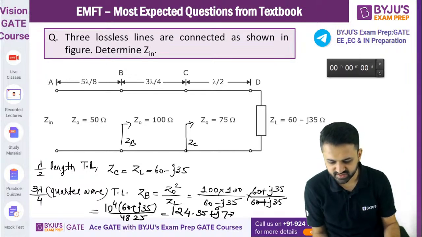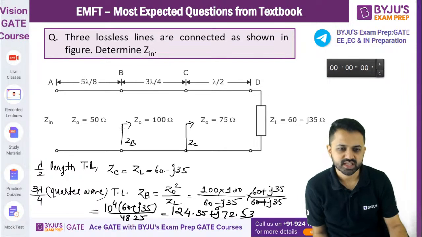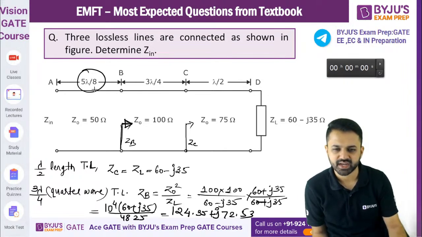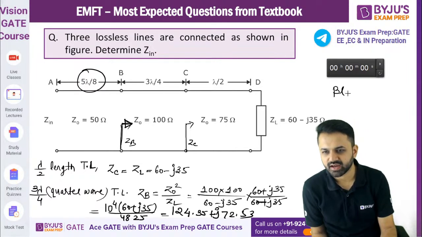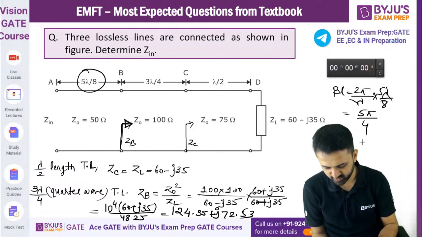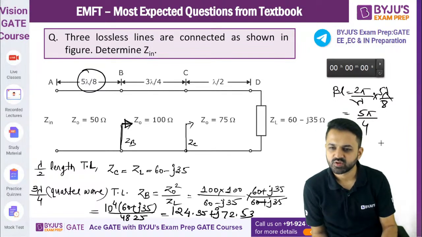ठीक है, 35 इंटू 10 पावर 4, सो J72.5, ये जो है इनपुट इम्पीडेंस एट B आ जाएगा। इसके बाद तो आप लैम्डा बाय 8 के लिए निकालोगे, तो बीटा L अगर हम निकालेंगे तो ये 2 पाई बाय लैम्डा इंटू 5 लैम्डा डिवाइडेड बाय 8, लैम्डा लैम्डा कैंसिल, सो ये आ जाएगा 5 पाई बाय 4। 5 पाई बाय 4 कितना होता है? 225 होता है ना, तो उसके लिए फिर हम लोग को इनपुट इम्पीडेंस का फॉर्मूला सब्स्टिट्यूट करके कैलकुलेट करना पड़ेगा।